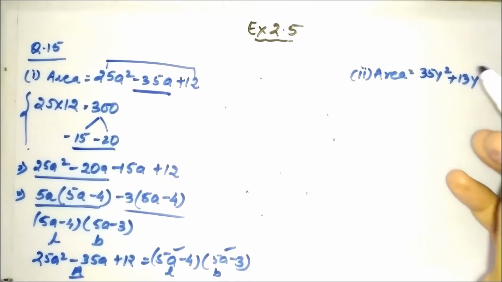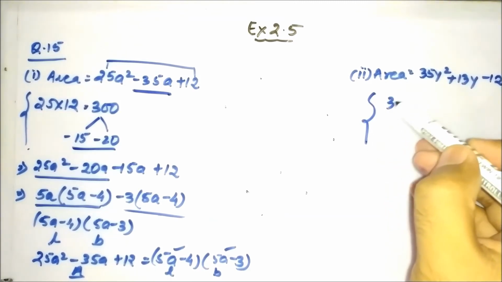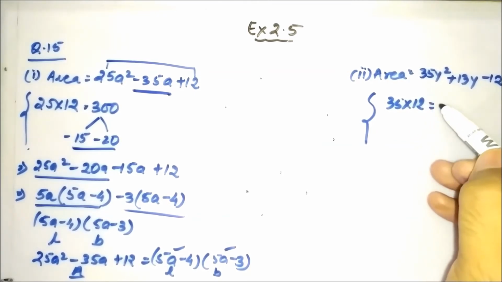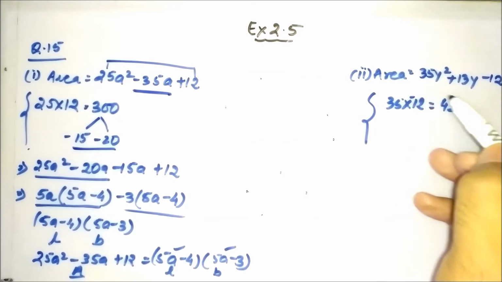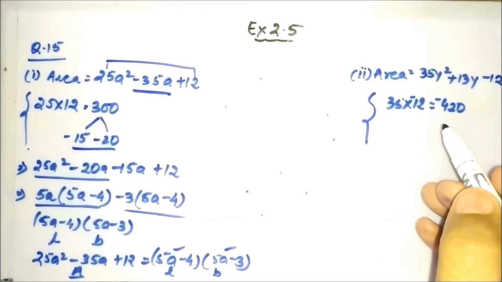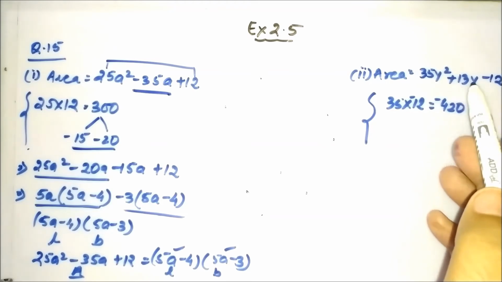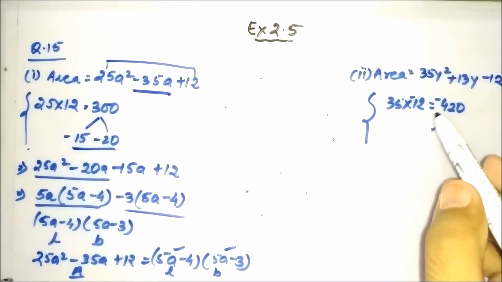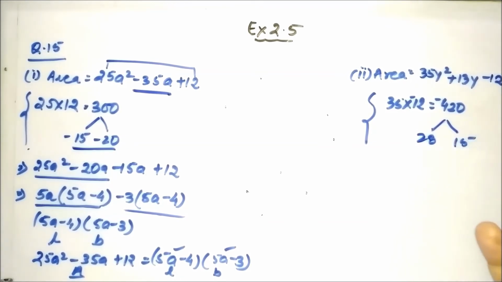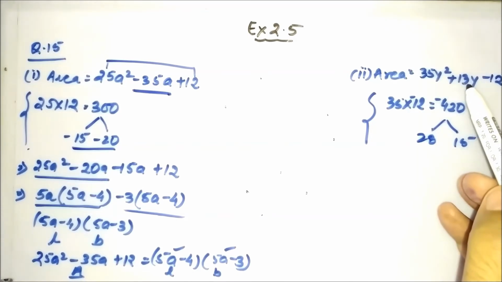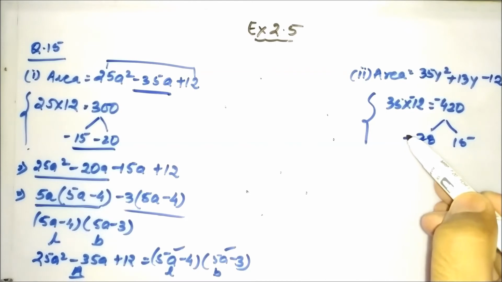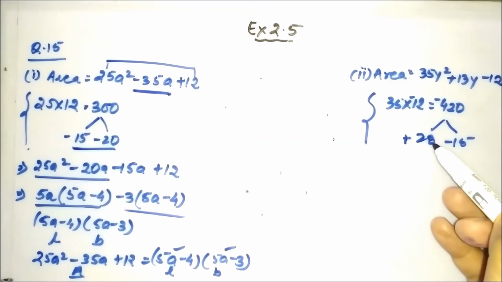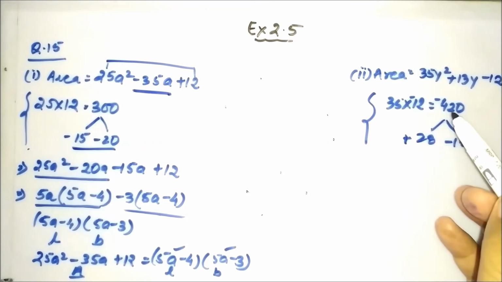Now again applying the same thing, we need to multiply. Again this is the rough part, 35 and this is 12. When we multiply 35 and 12 we will get 420. So actually it is minus 12 and we will get minus 420. Now we need to break minus 420 such that we get plus 13 after adding the two factors. So when you break 420 we can break it as 28 and 15. Now we need plus 13 here, so the bigger number should be with plus sign and the smaller will be negative. So 28 minus 15 will be 13, and 28 multiplied by minus 15 will give us minus 420.